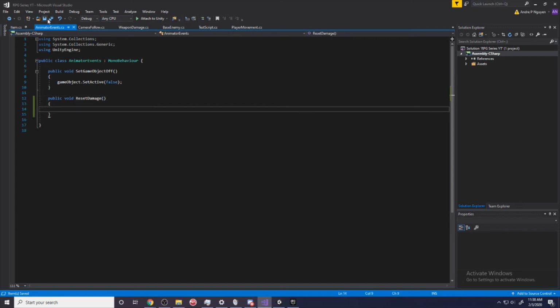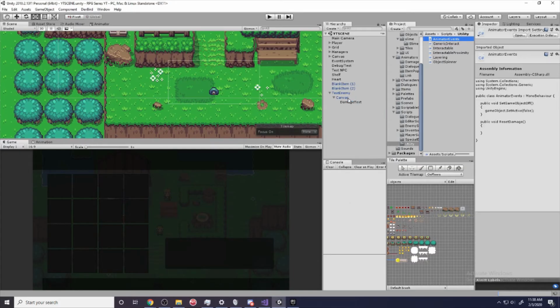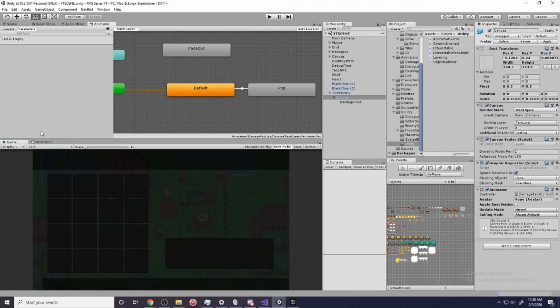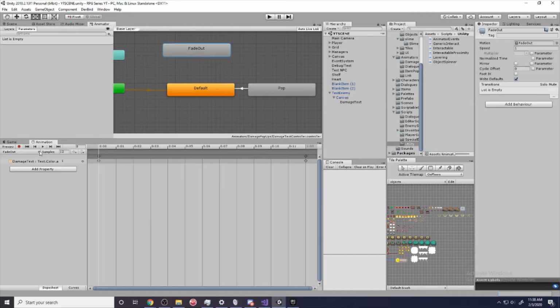And so basically, this animator event is going to be on the canvas here. And so it has to be on the same game object as the animator, because when we go into our fade out